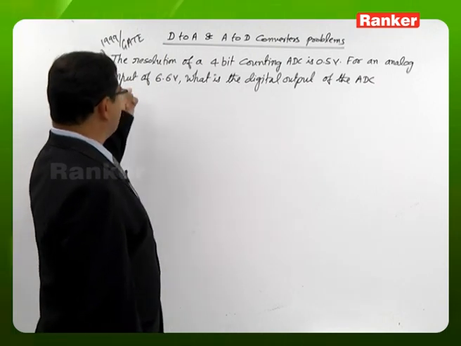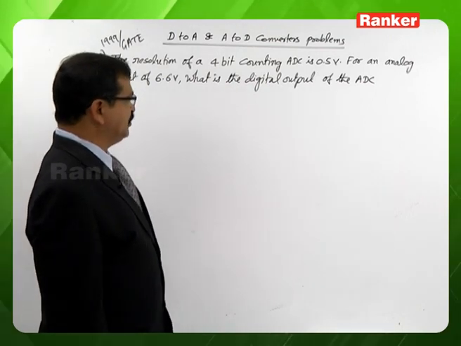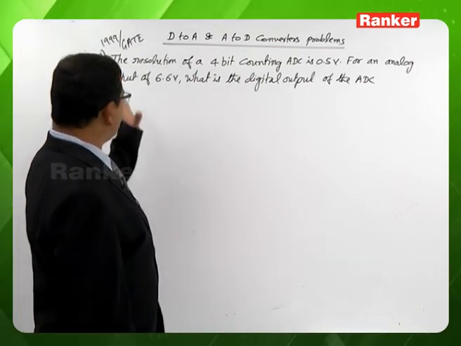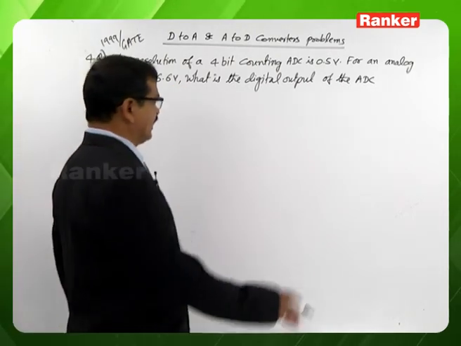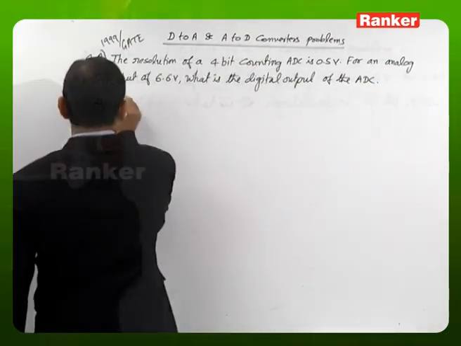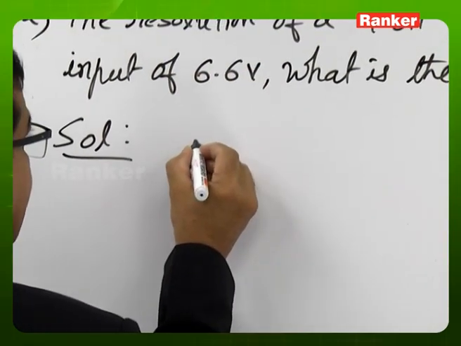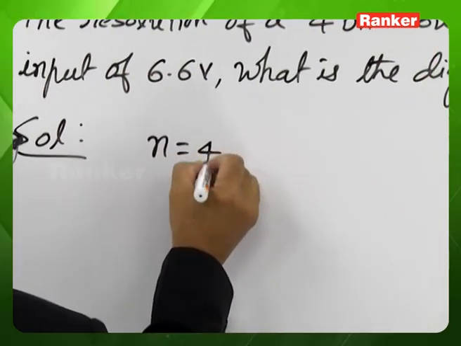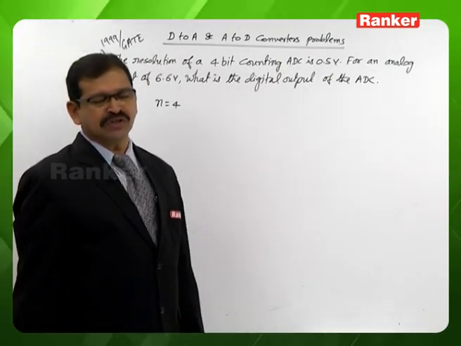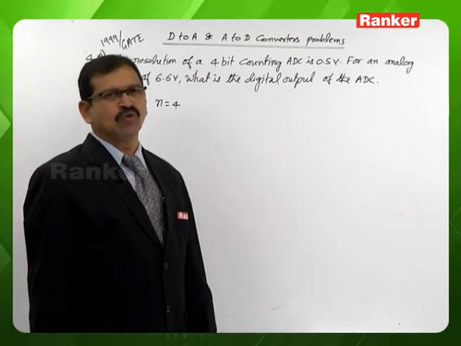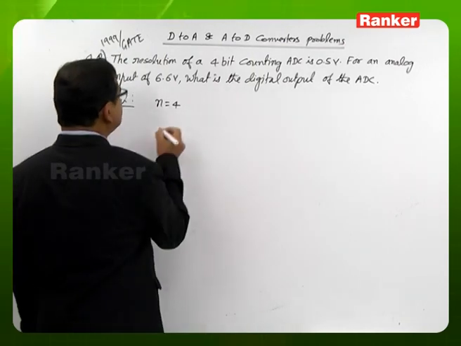If you look here, the resolution of a 4-bit counting type, that is counter type ADC, is 0.5 volts. For an analog input of 6.6 volts, what is the digital output of the analog to digital converter? It is a question. So we are looking here, the analog to digital converter has a size of 4. It means whatever analog data is converted to digital form is going to be represented using 4 binary bits, and it has the resolution,